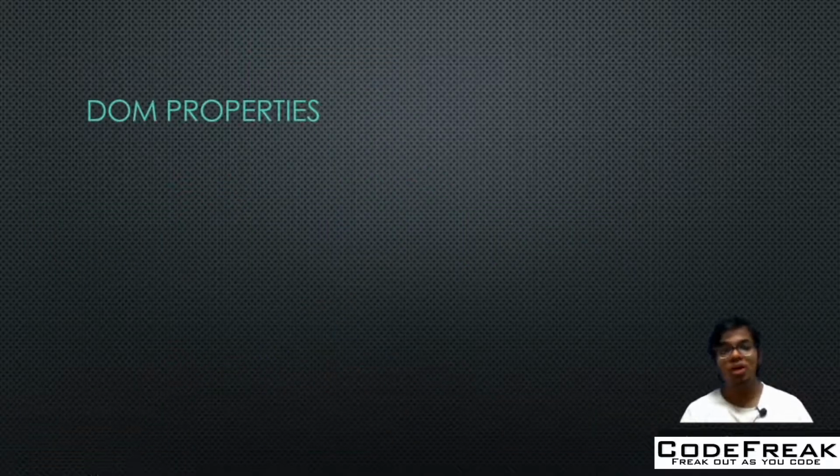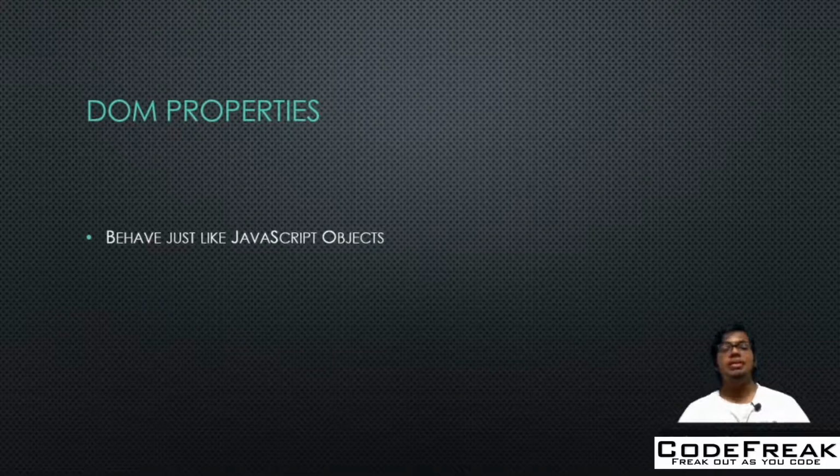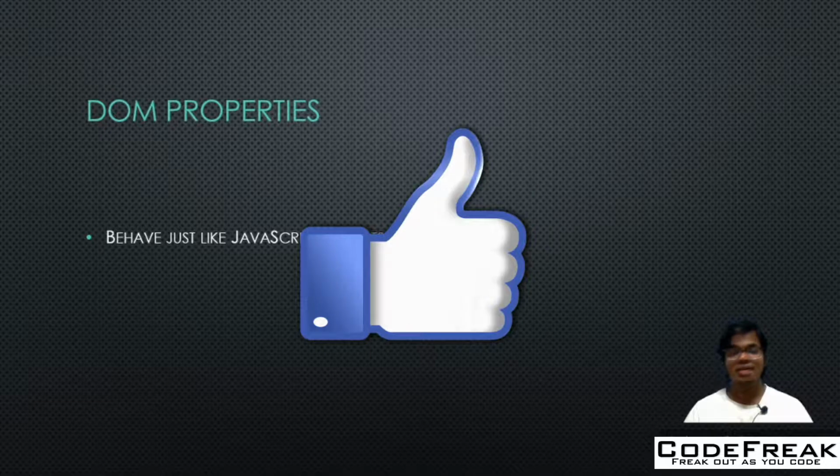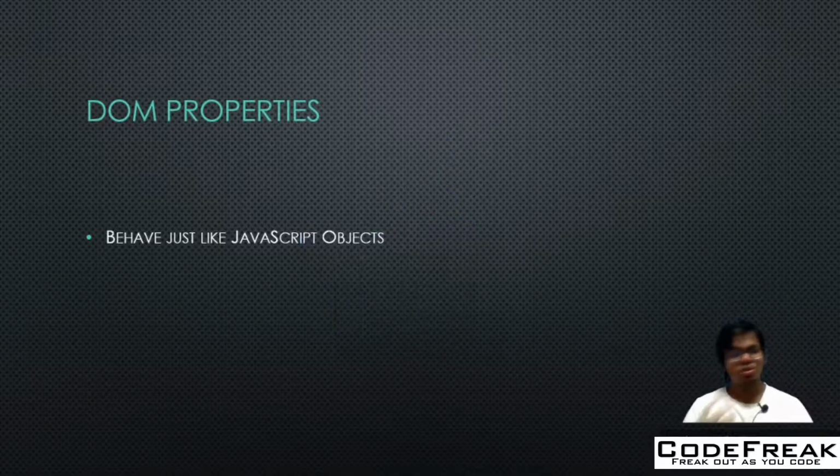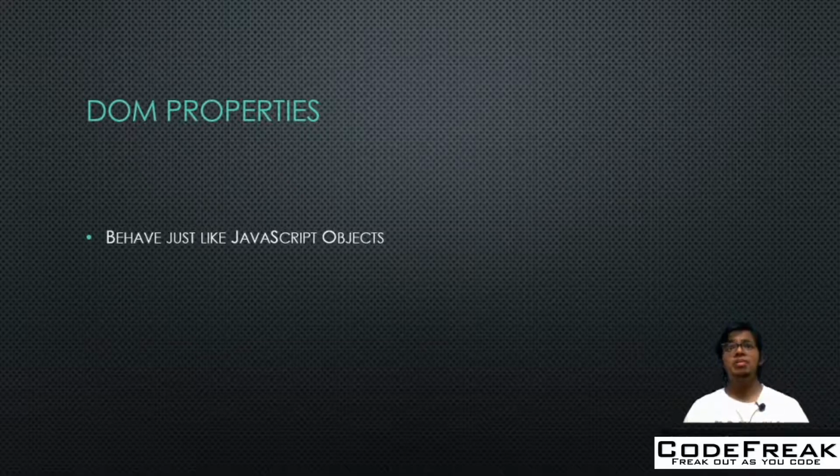Now let's look at what DOM properties are. They behave just like JavaScript objects. What do I mean by that? You can alter them, you can add your own properties, and you can add your own methods. If you remember in the class videos, when we made a variable inside the class, we called it a property. That's what it is. It can have any value. It need not be only a string. It can be a number, it can be a boolean value. We have seen the 8 data types which JavaScript facilitates.